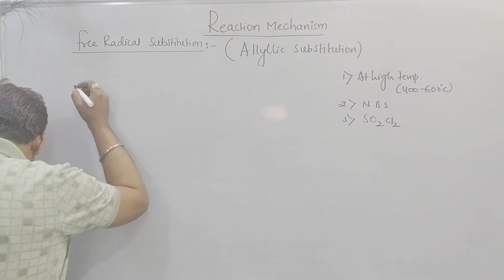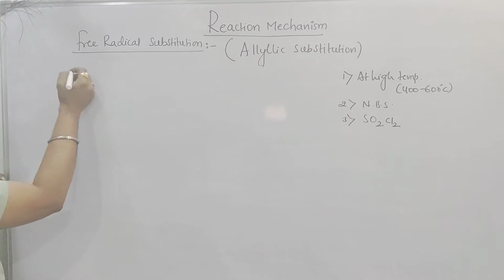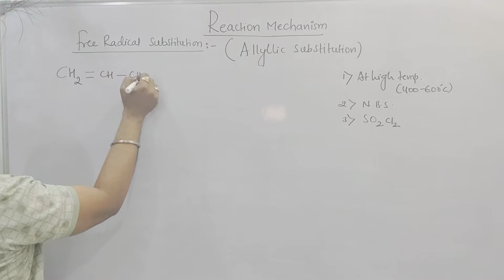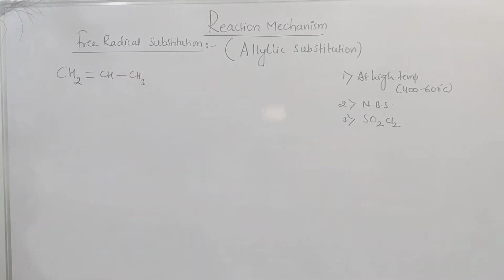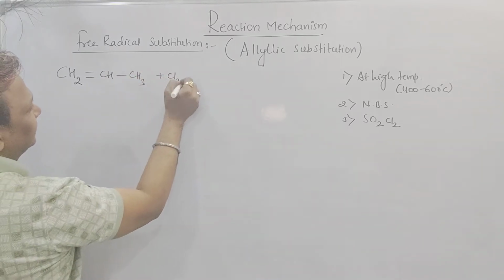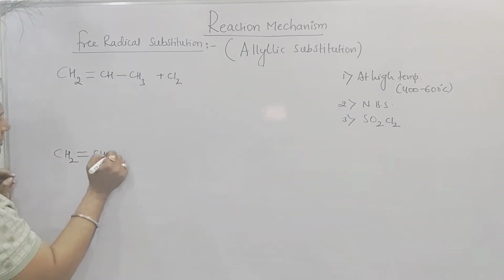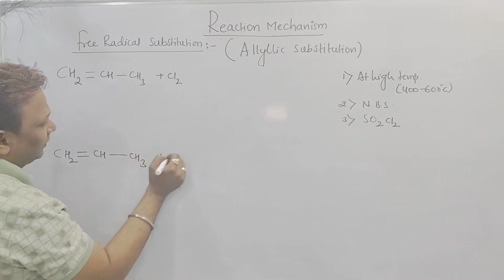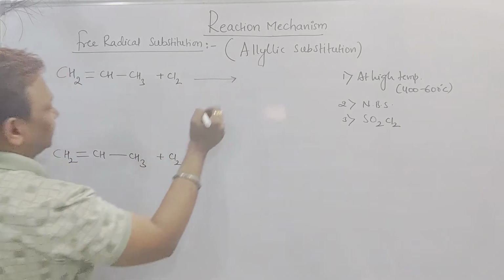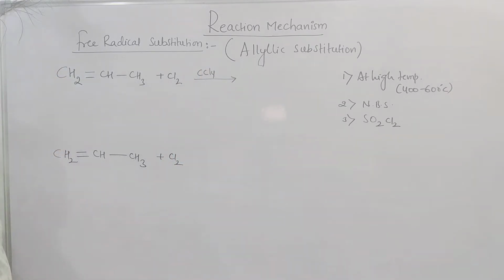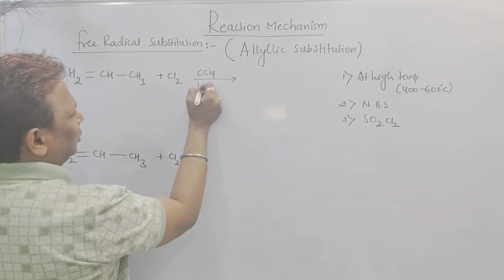Okay, check it here, beta. This is CH2 double bond CH2. I want to write here alkene. We can take the unsymmetrical alkene, beta. CH2 double bond CH, single bond CH3. And we want to add chlorine, that is the addition of halogen. The same reaction I want to write here. CH2 double bond CH, single bond CH3. And now I am adding chlorine, but in presence of carbon tetrachloride and at ordinary temperature, we can say low temperature.